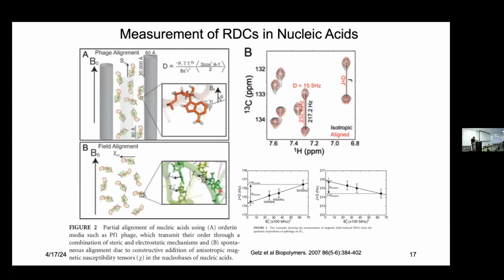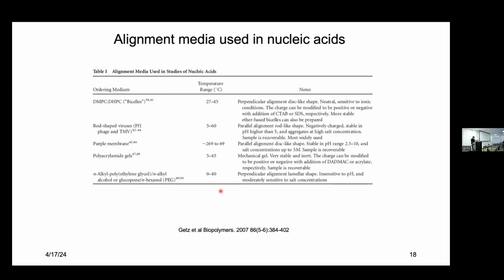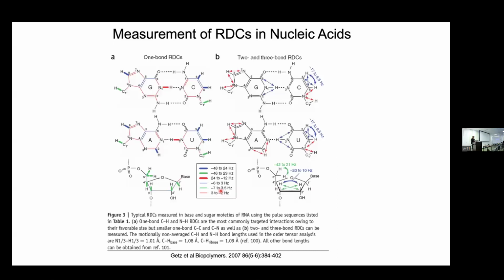Okay, so these are just alignment media that are especially useful for nucleic acid. That's what we need to look at. Okay, so now you can measure RDCs between a wide variety of nuclei. You can measure RDCs between nuclei that are not bonded at all, or that are single bond, two bond, three bond, or non-bonded, right? Because these are through-space interactions. But in general,